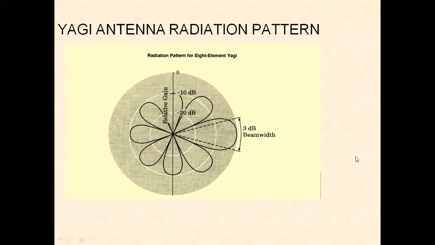The radiation pattern of a typical Yagi-Uda antenna is unidirectional with a single major lobe and several minor lobes. This is the single major lobe in a particular direction. We have the 3 dB bandwidth in that direction, and we have several minor lobes also existing. Relatively, they have less gain compared to the major lobe. So the radiation pattern of a typical Yagi antenna with one director and one reflector is like this.